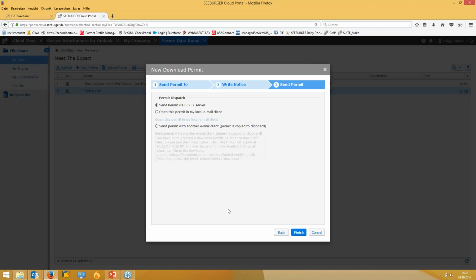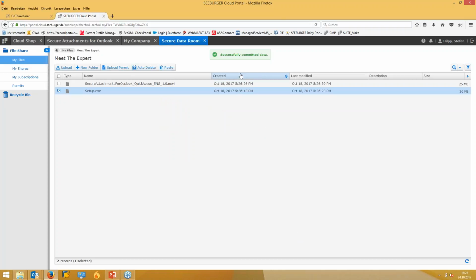I can say whether I want to send this permit directly from the file exchange server, or I can also open it in my local mail client so that this download link is sent from my mail address, not from the file exchange mail address. But for me, it's fine to have it sent out by the server. And now